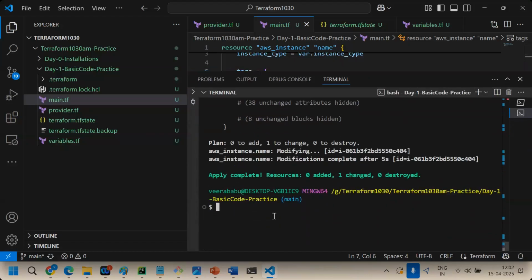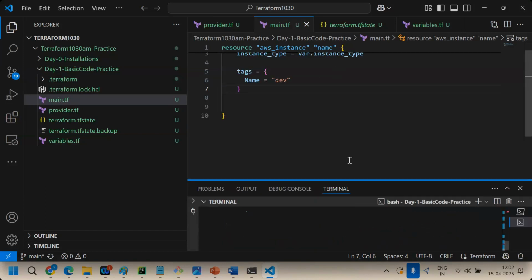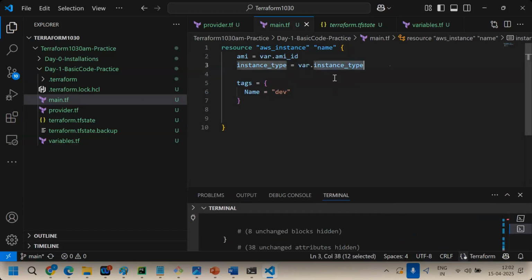Not directly, we will learn step by step, and on the last day I will show how to create a big network: 8 subnets or 32 subnets, multiple VPCs, cross region, Certificate Manager, Route 53, load balancer, auto scaling, database, everything through Terraform only. No manual process at all. Clear?